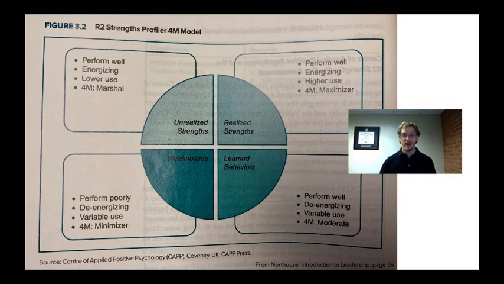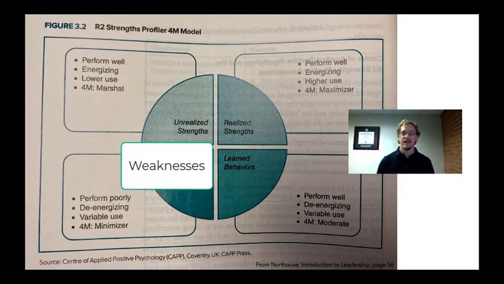Whereas strengths are things that we know how to do well and they excite us. They're things that we're passionate about, that we like doing. Then go to the bottom left and you see weaknesses. Weaknesses are areas in which we perform poorly, we're not very good at. And of course, they don't give us energy. We're tired when we try to do these things, often because we fail or we expect to fail because we're not good at these areas.